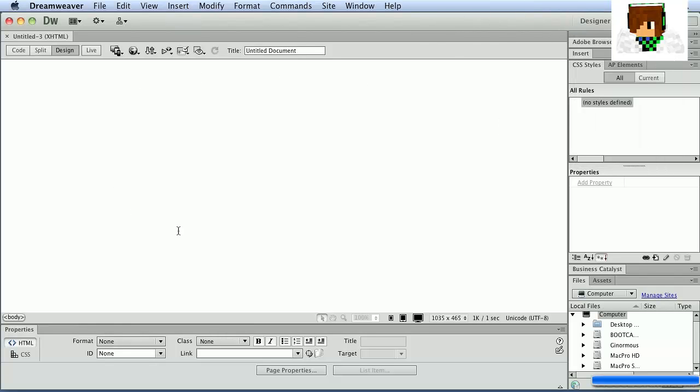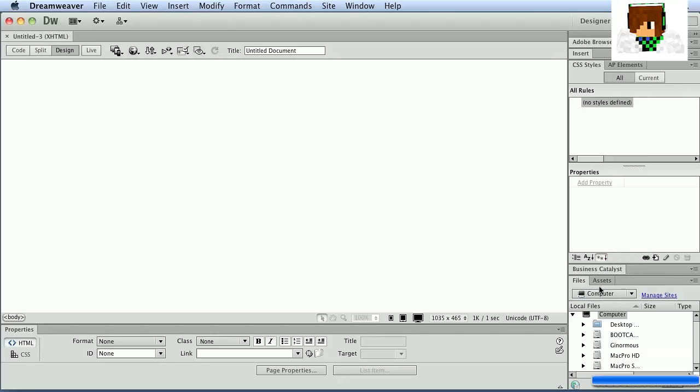Now, down here in this main area, this is what's referred to as our document window, and this is where most of the work is done. The document window allows you to add text to your document, insert images, and format the way a web page is supposed to look. In addition, you have some different panel groups over here on the right side of your